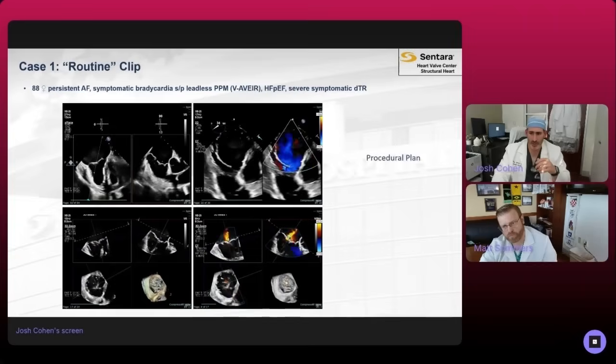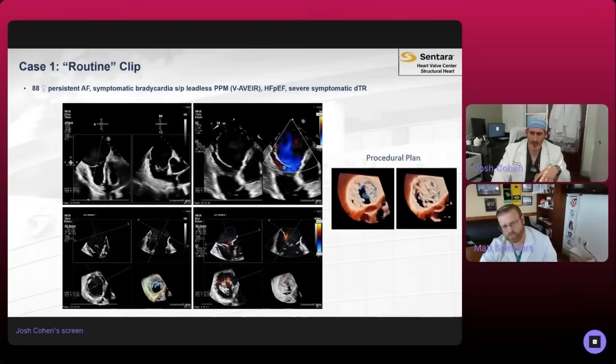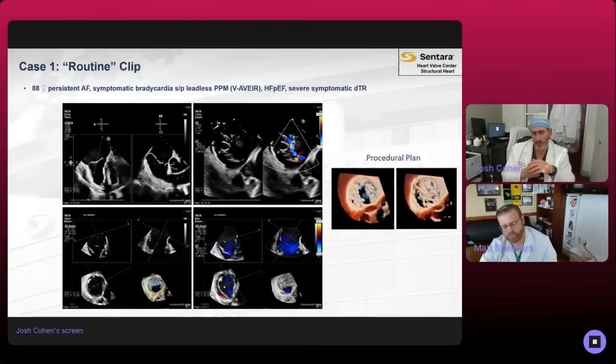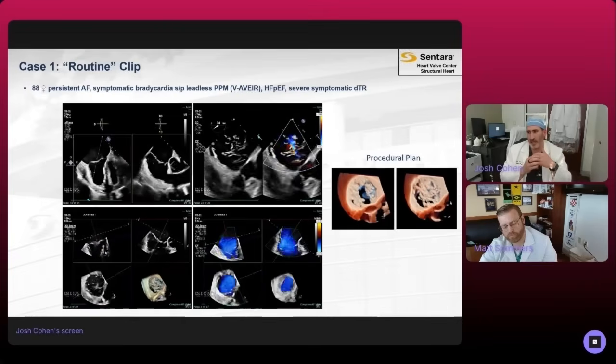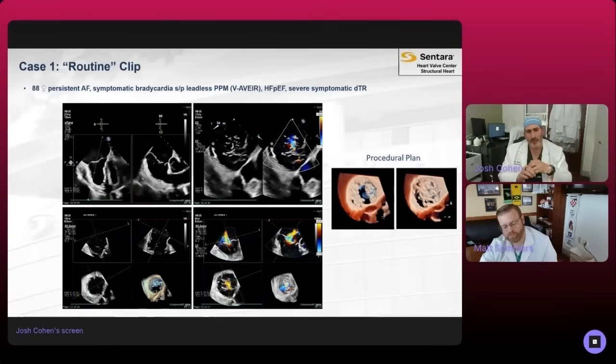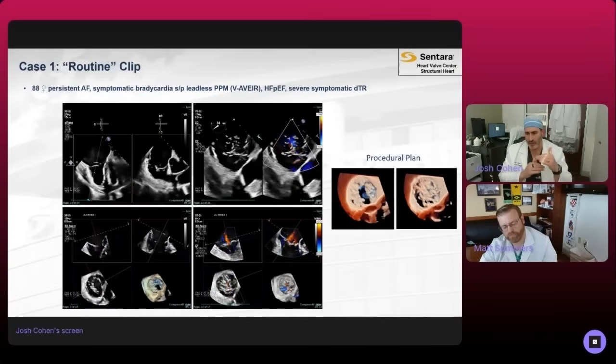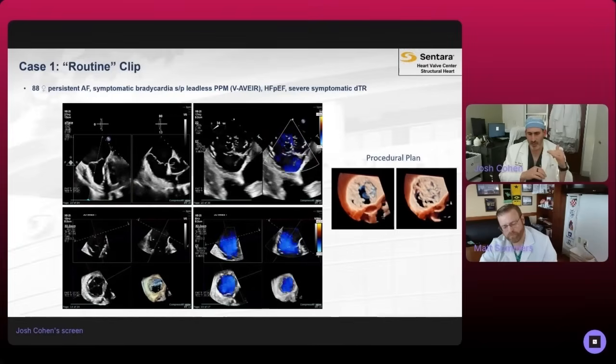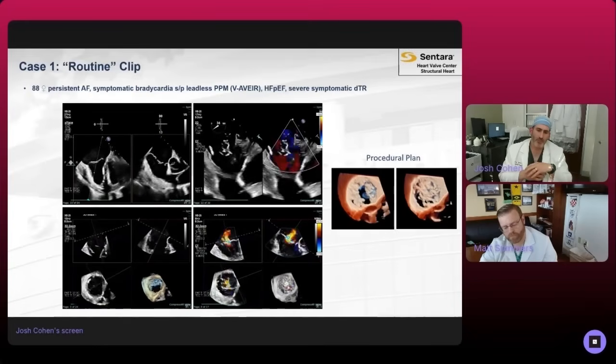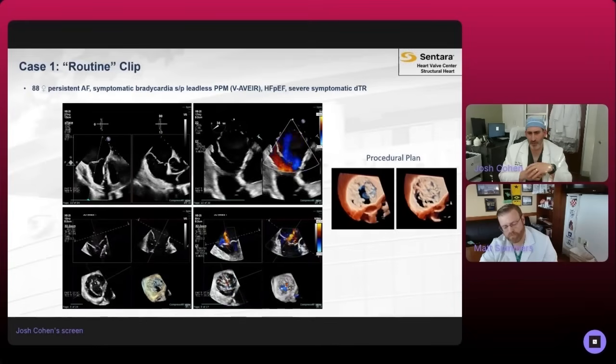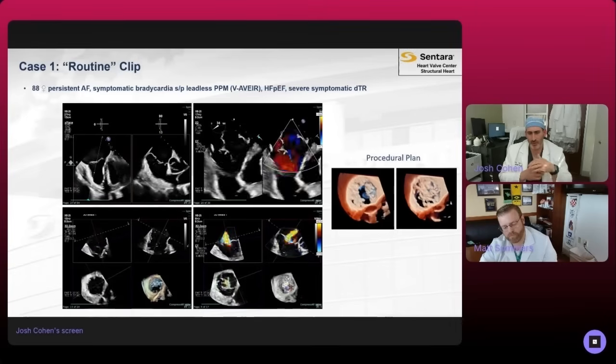So how do we approach this? What was our procedural plan going in? I think you had asked me earlier what we learned from the beginning to now. When you talk about degenerative TR, if there's something focal, often you will target that focal jet. It's a natural instinct to say there's a leak here, I should clip that. But with our experience, we've really realized that